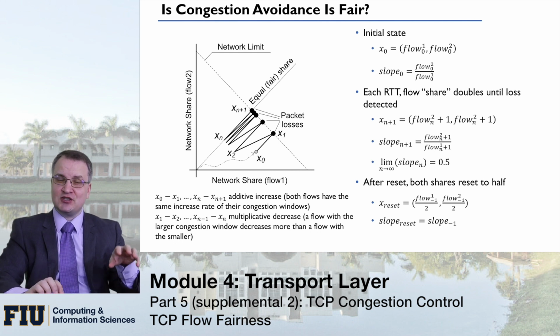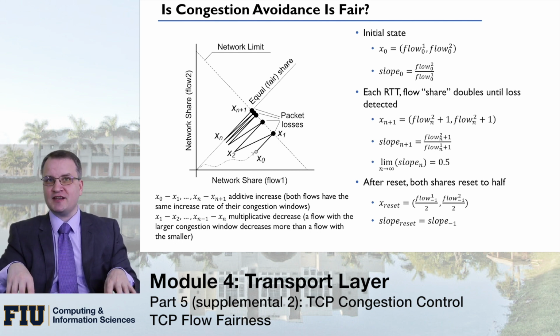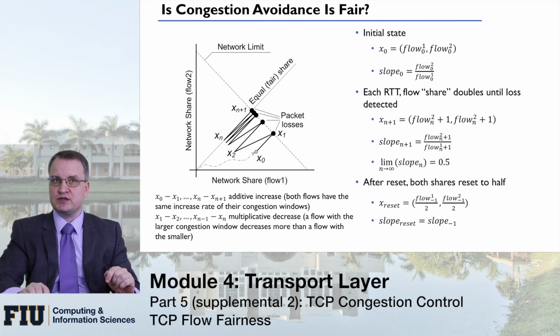If we consider slow start versus congestion avoidance, then the picture will be different, and those will not necessarily be fair to each other. Another comment I would like to make here is fairness regardless of RTT. Every time I said a loss was detected or something was increased, I always used the word RTT, which means that if the RTTs of two flows are the same, then they will behave according to the picture that I'm showing here.